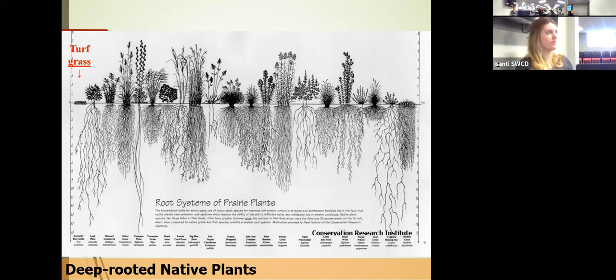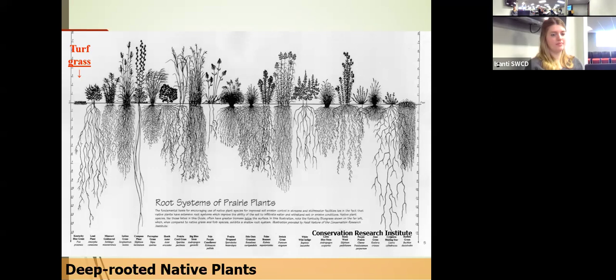Can you name some of those other plants? I can. We can start from the left. That is a lead plant. I think there's Indian grass. There is porcupine grass. Big bluestem, little bluestem. Prairie cord grass, which is a fantastic shoreline plant that grows super tall. But keep in mind, if you're going to plant that, they can grow up to 6 to 8 feet tall. Let's see, side oats,